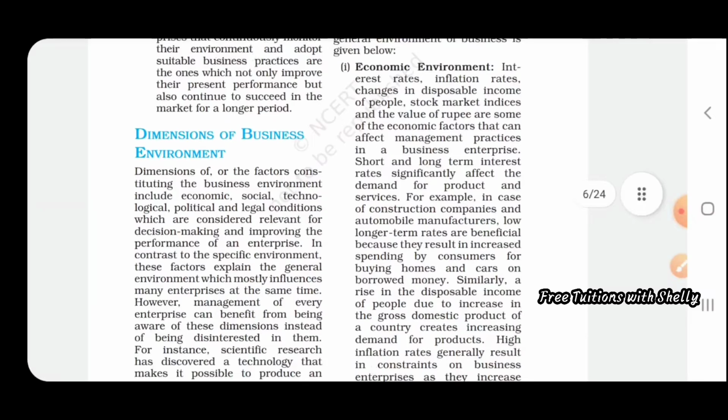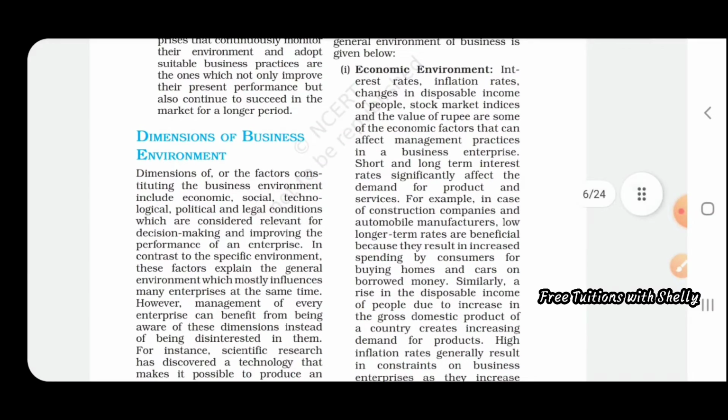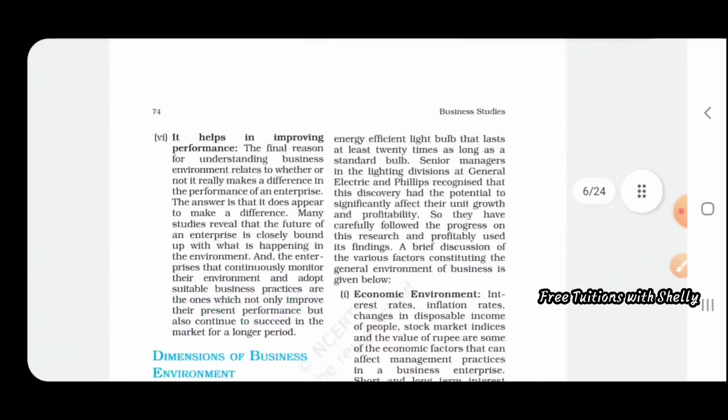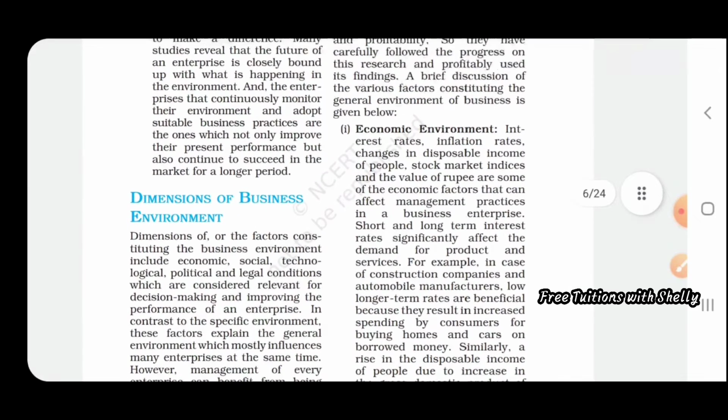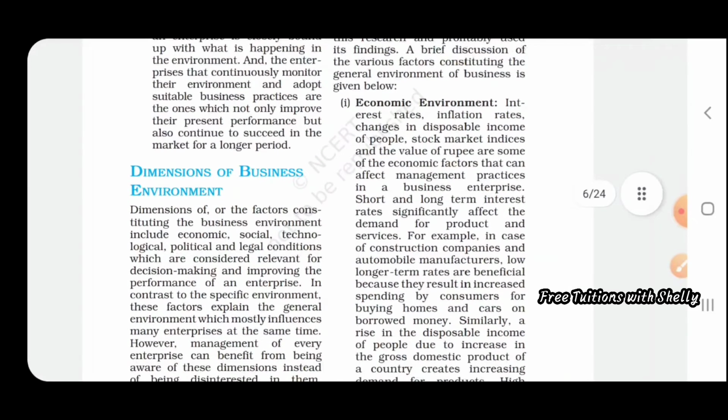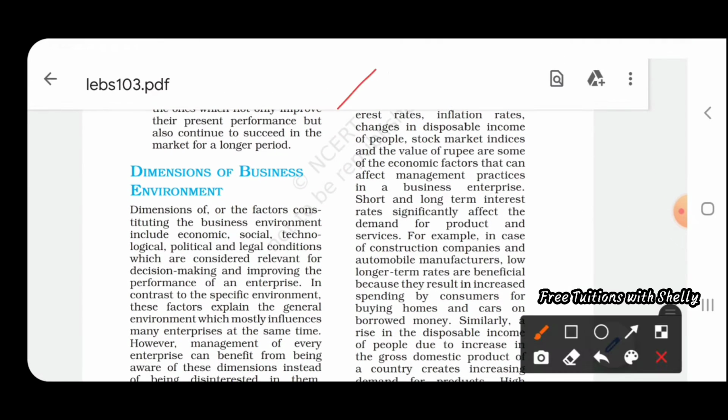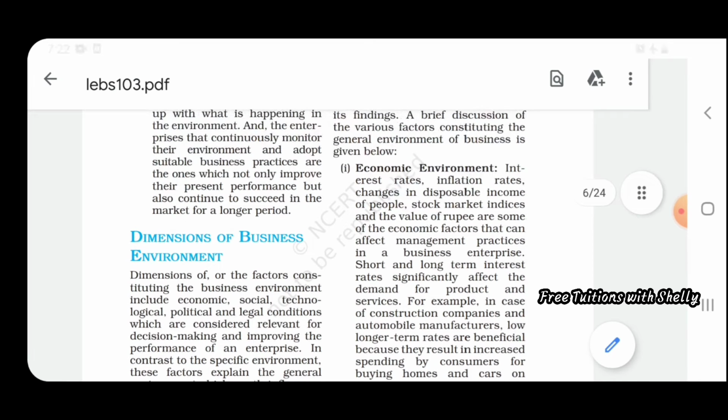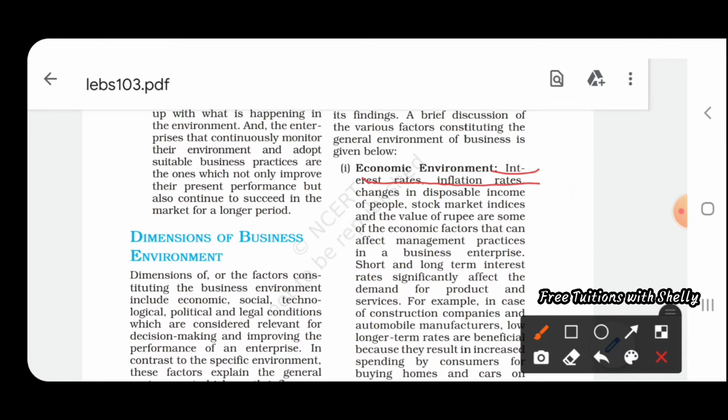Next, we are going to look at the dimensions of business environment, or we can see the different types of business environment existing in our economy. The first one is economic environment. What does economic environment mean? Economic environment consists of interest rates, inflation rate, changes in disposable income of people, stock market, value of rupee. These are some of the factors which exist in our economic environment, and these factors can affect the well functioning